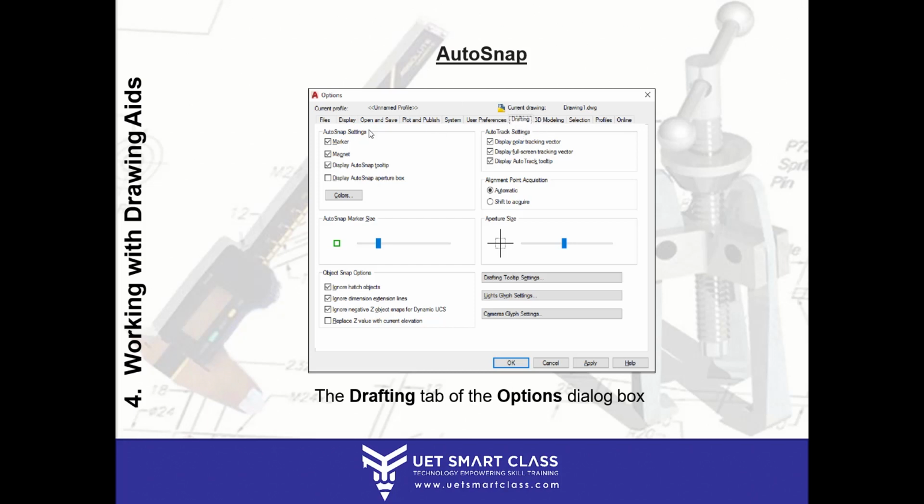So when you go to the Drafting tab, you'll see here Auto Snap Settings, AutoTrack Settings, Aperture Size, and Auto Snap Marker Size. I've already introduced you to the Object Snap options. So in Auto Snap Settings, there are four checkboxes. One is Marker. Marker is nothing but when you move your cursor above an object to draw another object, like